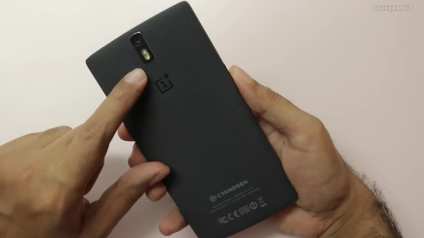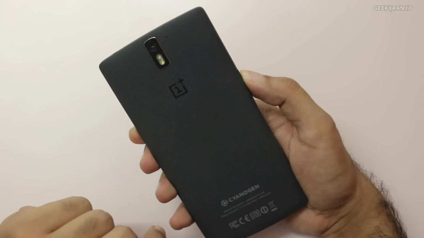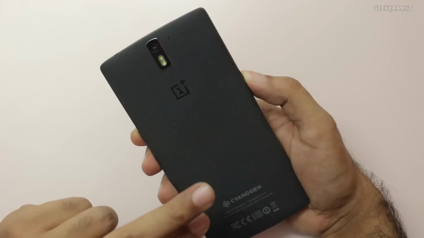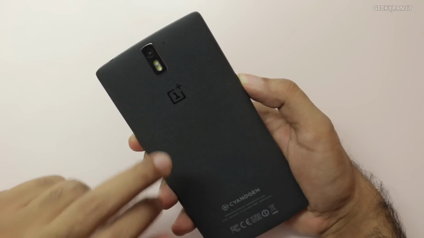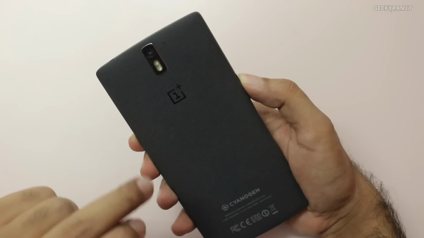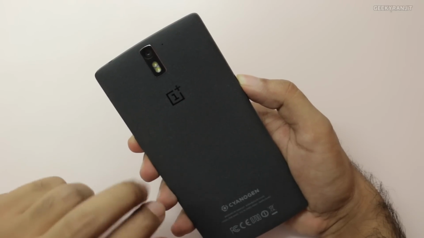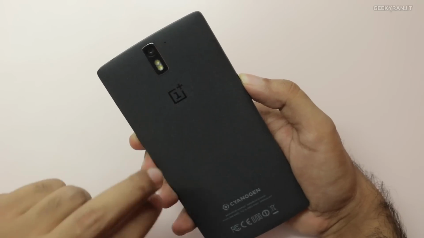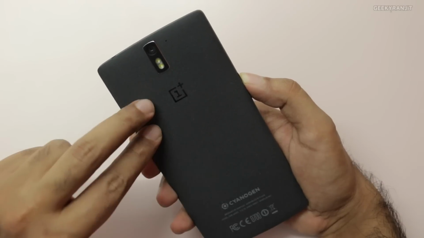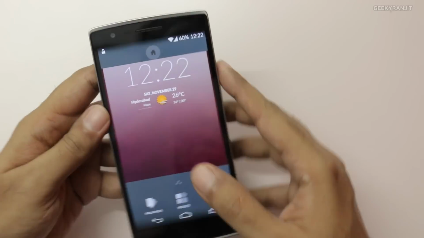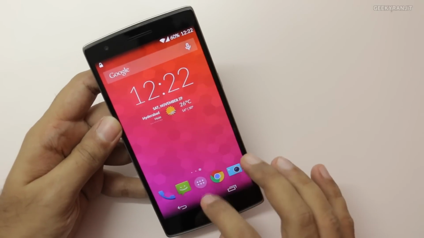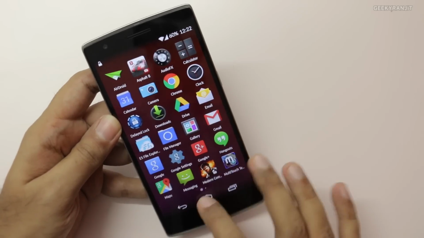Moving to the rear facing camera's video output, the video output was very clean, but I did notice that when I was moving or panning around, it was a little bit blurry. You have to always tap to focus in the video, so you have to be aware of that. Also, as this device does not have any optical image stabilization, in terms of video, if you take it handheld, I felt that the video was a little bit shaky. But overall, the pictures came out to be really good and they were pretty clean in my opinion.